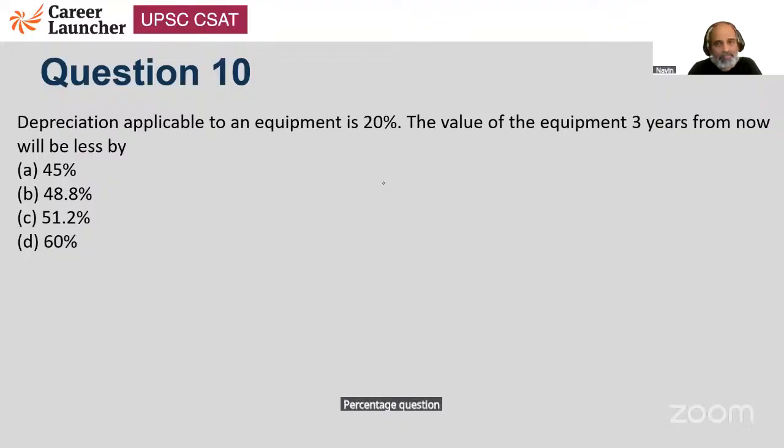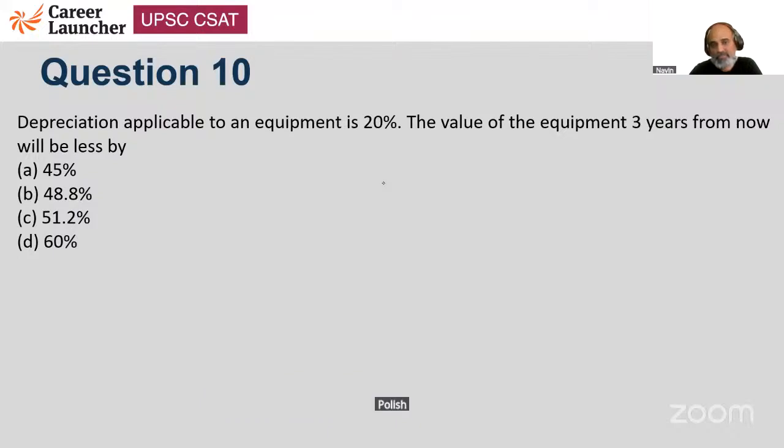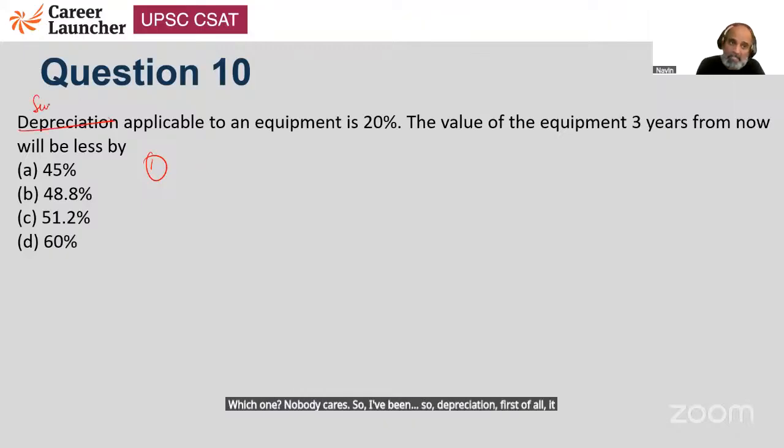Percentage question. Depreciation applicable to an equipment is 20%. The value of the equipment 3 years from now will be less by how much? You can say not a single problem was solved using any equation or writing down any variable. First, assume any number. Which one? Nobody cares. So depreciation, first of all, it means successive